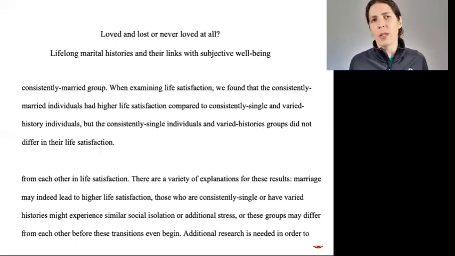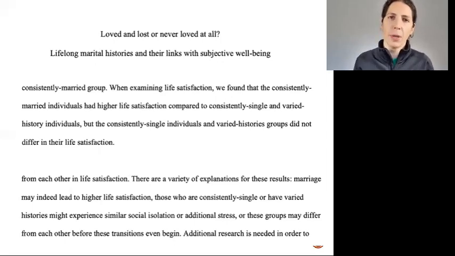Maybe the differences in how poor or wealthy they are, or in the resources they have, or other kinds of differences. Another one that they don't mention here, but I think is plausible, is reverse causality. That maybe being happy could cause people to enter into serious committed relationships and stay in them. And maybe being unhappy might be an obstacle to that, or might lead people to different paths.